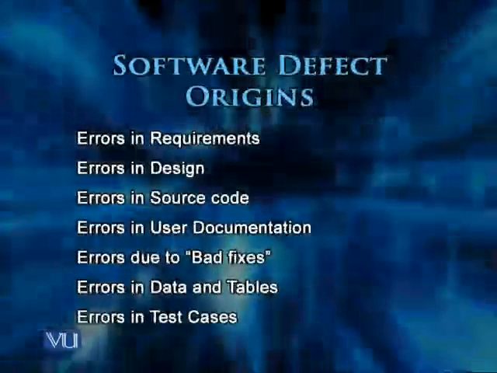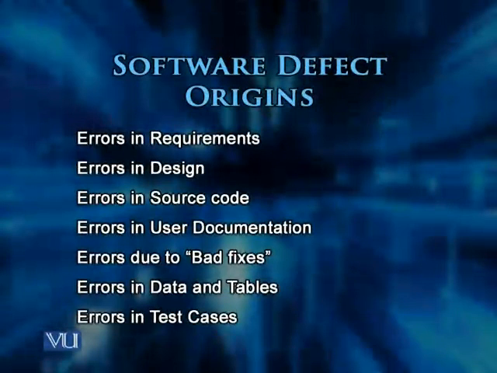So there are 7 work products, 7 areas of documents that you need to pay special attention to, and if you eliminate errors in those 7 origins of software defects, then we have a very good chance of developing a software product which can achieve the ultimate goal of having zero defects. So let's look at those defect origins. We have 7 origins of software defects.